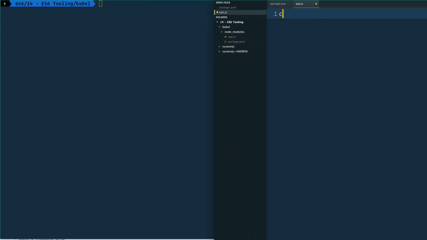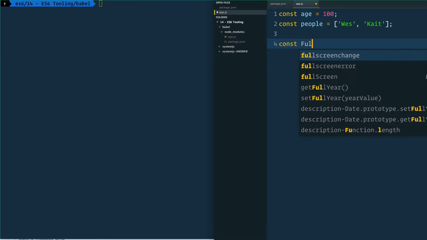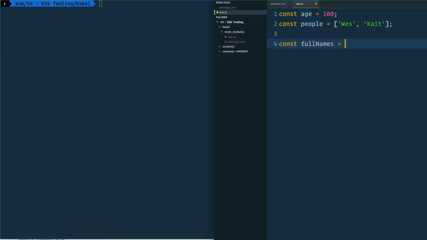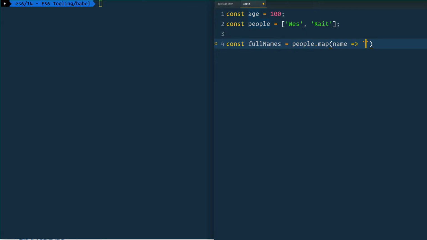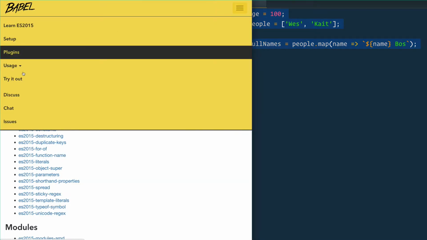And let's just say const age equals 100, const people equals Wes and Kate, and then let's just say const fullNames equals people.map name. We'll do an arrow function, and then we'll return the actual name plus boss on the end. So what do we use? We use const, we used an arrow function here, we use implicit return, we used a whole bunch of different ES6 features here. And ideally, what should happen if we take that and try it out in the Babel editor,